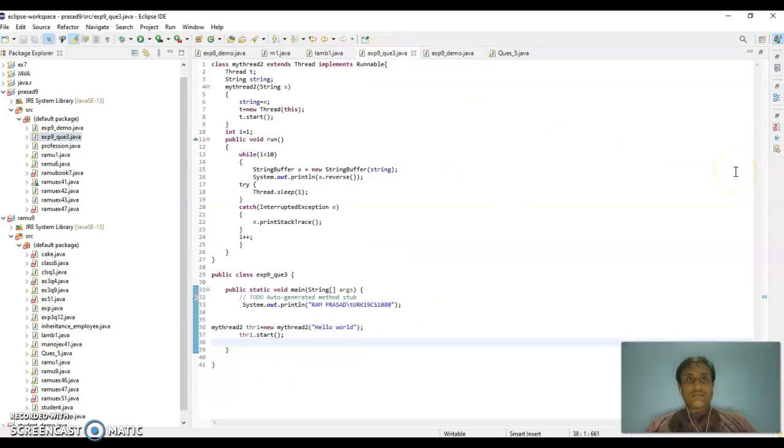class MyThread extends Thread implements Runnable, with String s; MyThread2(String x) { s = x; Thread t = new Thread(this); t.start(); } int i = 1; public void run() { while (i <= 10) { StringBuffer a = new StringBuffer(s); System.out.println(a.reverse()); try { Thread.sleep(1000); } catch (InterruptedException e) { e.printStackTrace(); } i++; } } public class Experiment9Question3 { public static void main(String[] args) { MyThread2 thread1 = new MyThread2("hello world"); thread1.start();